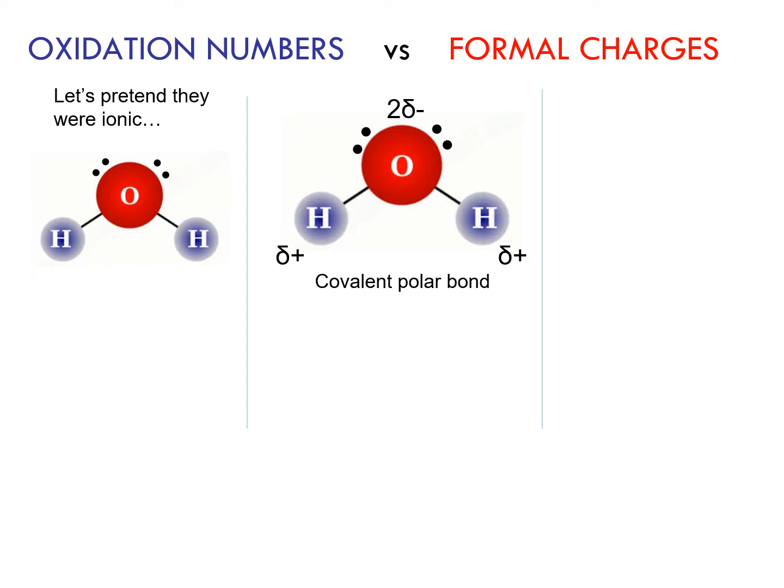How would that happen? The bond between hydrogen and oxygen would break, and the two electrons that are involved in the bond would go towards the most electronegative atom. That would be oxygen. So oxygen would get 2 electrons on the right, and 2 electrons on the left, getting a total of 8 electrons. Now normally oxygen has only 6, right? So it would have 2 negative charges. While hydrogen would be left completely naked without electrons, so it would have a positive charge. That would be the same on the other hydrogen.